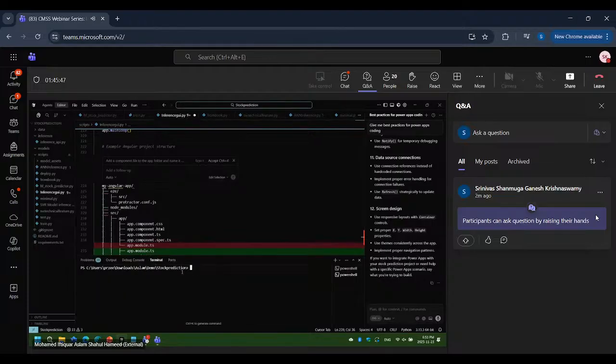So I have just created a sample model for this stock prediction.